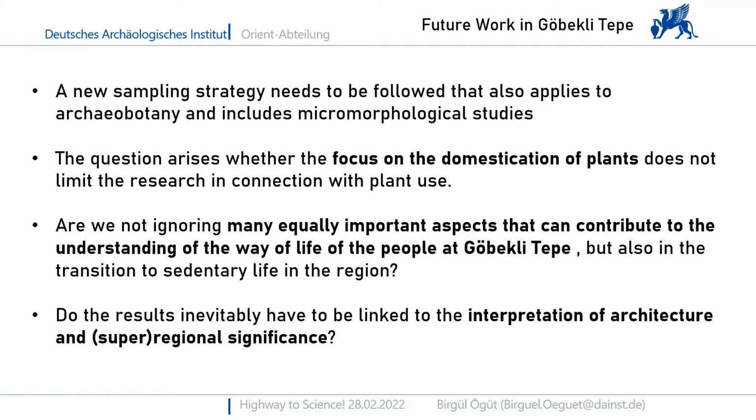What you can take from these studies for future work is, in summary, a new sampling strategy that also applies to macrobotany and includes micromorphological studies must be implemented. These are also immensely important for understanding the deposits in the settlement and the function of the buildings in Göbekli Tepe. However, to return to the domestication question, the question arises whether the extreme focus on the domestication of plants